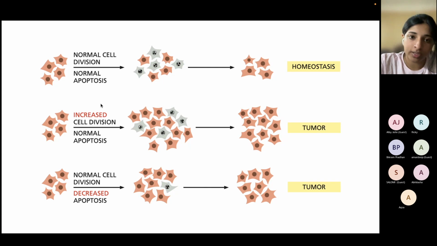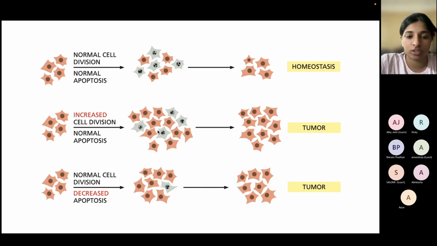So if it is a normal cell and they have some damage that is accumulated, then they are signaled for apoptosis. They start dying, and again, only the healthy cells are maintained in homeostatic condition. However, if there is increased cell division and normal apoptosis, so more than normal the cells are dividing, and even if